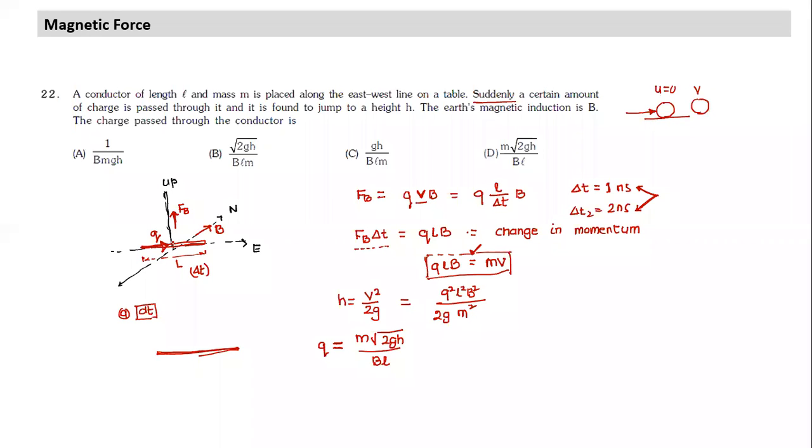See, why has it acquired velocity? Let me look through the logic we used. As the charge flows, it implies it has velocity. If charge flows because of the magnetic field, there will be a force acting, and the force acts for a short duration. Either I can use F equals ma, and since those values are not given, I can either use force equals mass into acceleration, or I use impulse equal to change in momentum. In my opinion, it's pretty clear. Impulse makes more sense, so I have written it in the form of delta t. The effect of impulse is a first-year concept. If there is any problem, we can refresh that part.